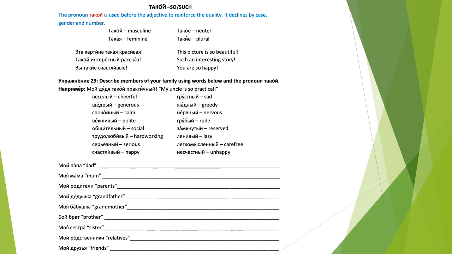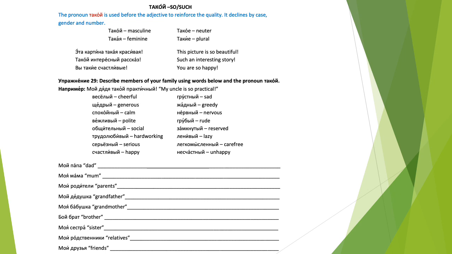In exercise 29, упражнение 29, we shall use adjectives that describe people's character with members of our family. You see adjectives веселый, cheerful, грустный, sad, щедрый, generous, жадный, greedy, спокойный, calm, нервный, nervous, вежливый, polite, грубый, rude, общительный, social, замкнутый, reserved, трудолюбивый, hardworking, ленивый, lazy,